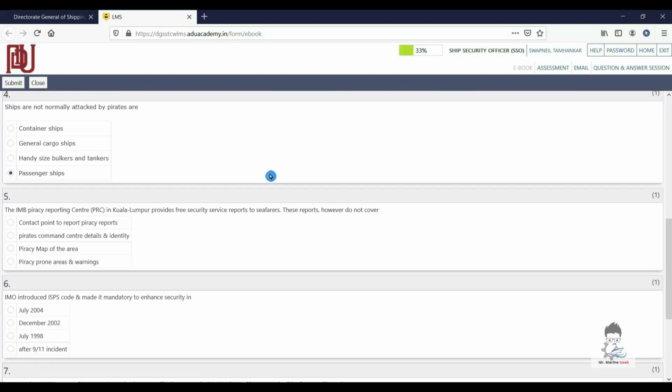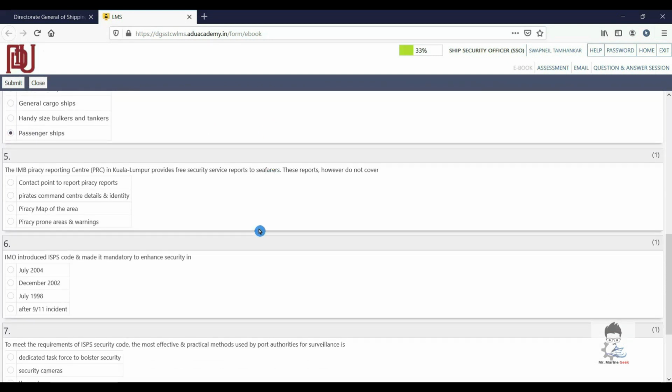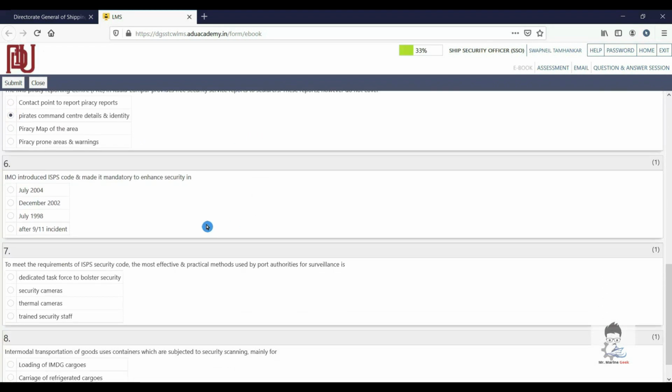There is no order. And once you have given the answers for this particular quiz, which is actually for the subtopic, then you have to click on the top.